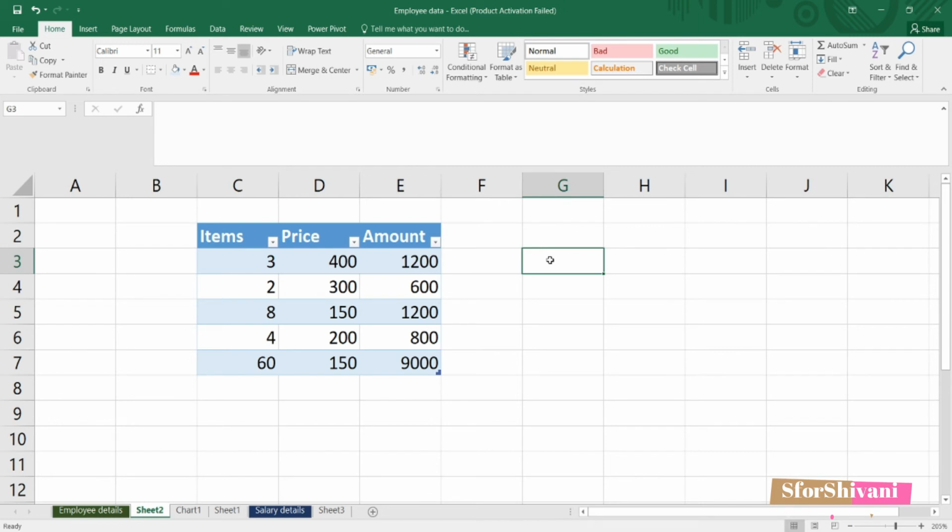Now let's say sometimes in some reports you have to put a stamp of the current time at which you are working on the data. For example, if it is about car inspection or the time at which any item is sold on a website, there you have to mention the exact timestamp. So what I can do is press Control, Shift and the colon key. So this is the exact time at which I am working on this particular cell.